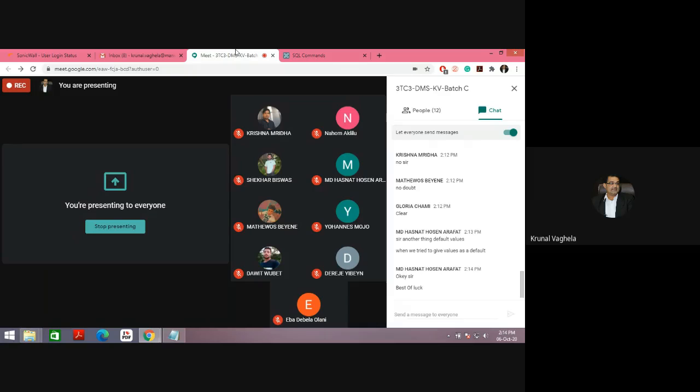If you find any problem in these two things, let me know. So create the table again with the constraint and try to have on delete cascade and on delete set null. I am online. If you have any problem, let me know. So try to do that as quickly as possible.